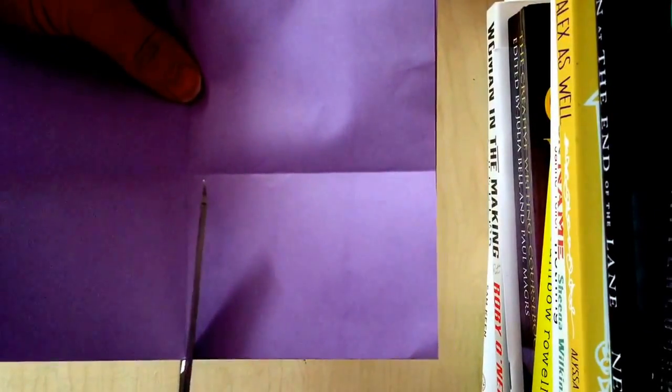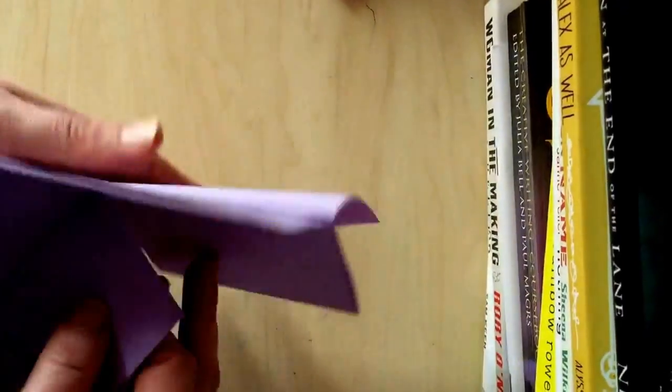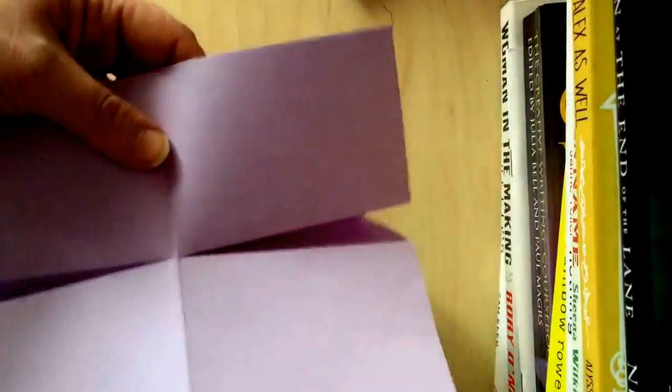So try and cut it right on the crease to the center. So when you've done that, you've got a hole in the middle like this, okay? So fold it up again